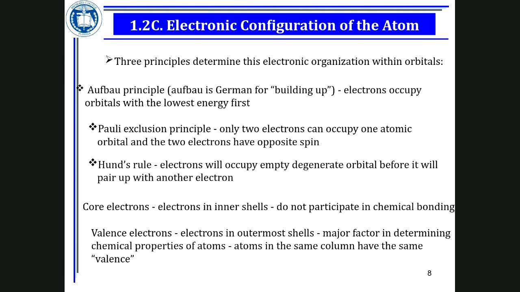How do you write electron configuration? We want to write electron configuration for carbon atom. A carbon atom is,